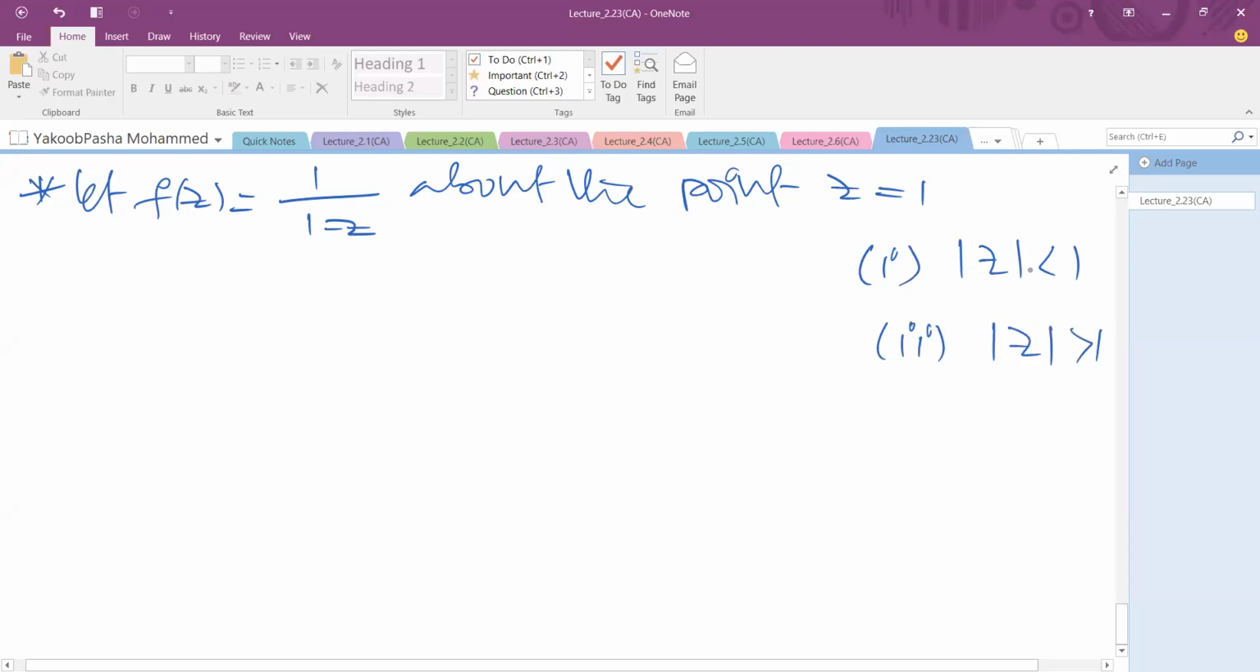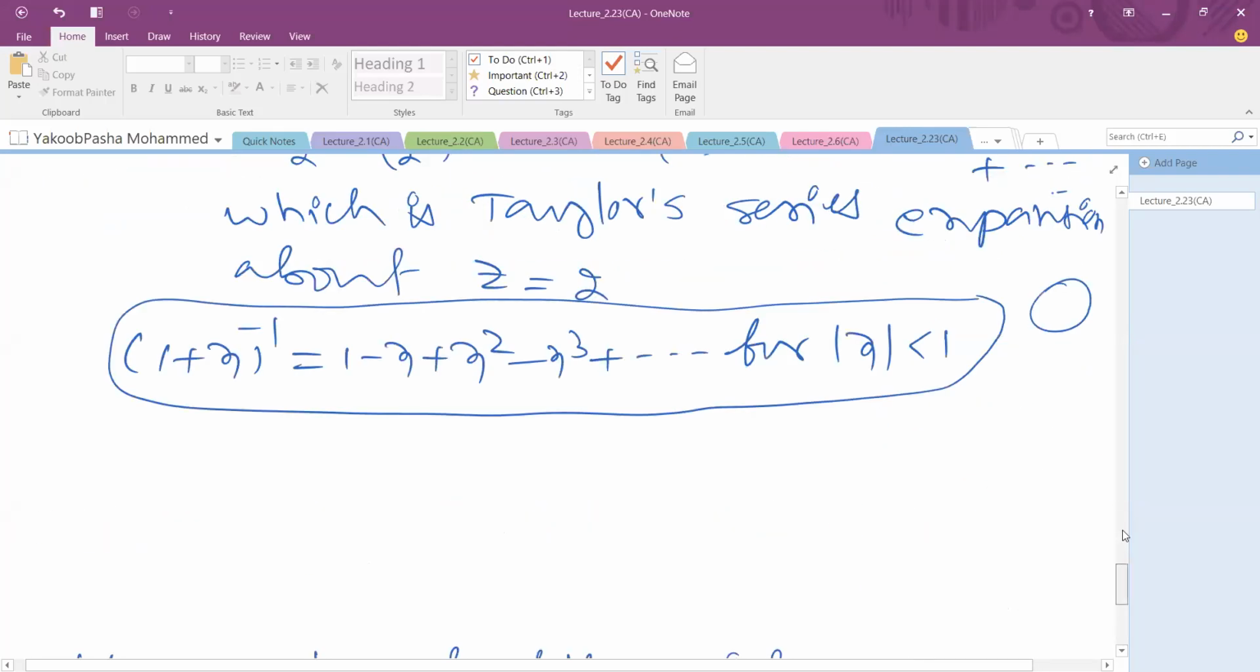Modulus of z less than 1 means interior to the circle, of radius 1 unit. Modulus of z less than 1 is interior, and modulus of z greater than 1 is outside, the exterior of the circle. Okay. Now, first